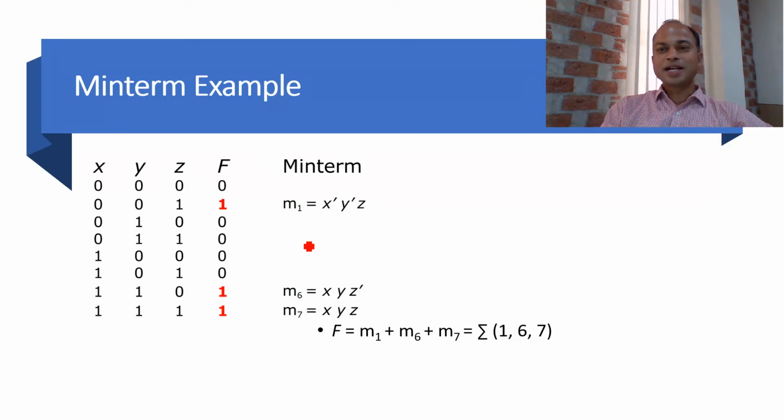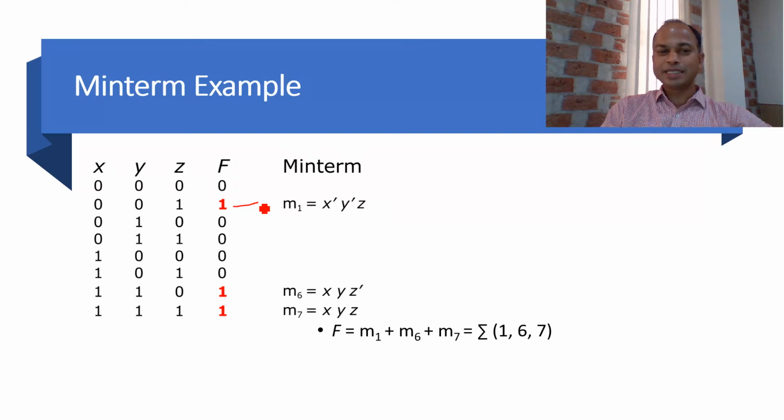Now, we are taking the example of the function and how we can simplify this function using the min term. So this is the function. Various values are written here: 0, 1, 0, 0, 0, 0, 1, 1. First of all, we have to identify where the 1 is. This is the 1, because min term works on the 1 only.